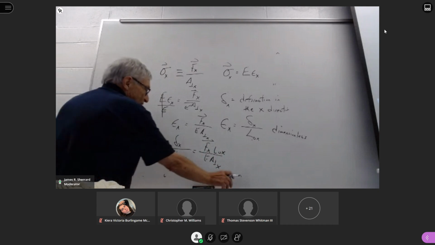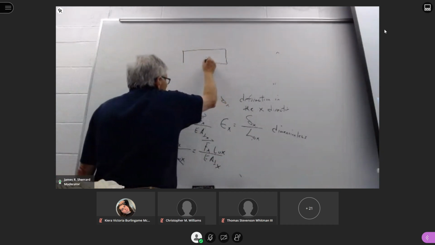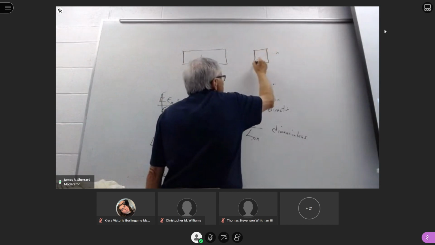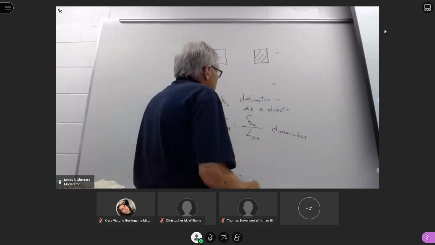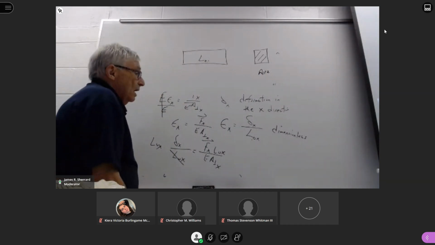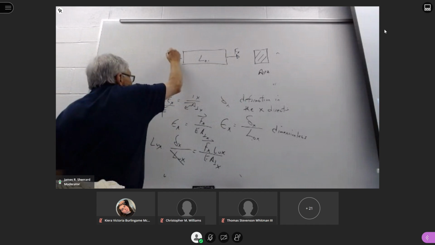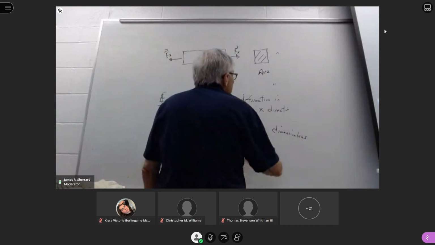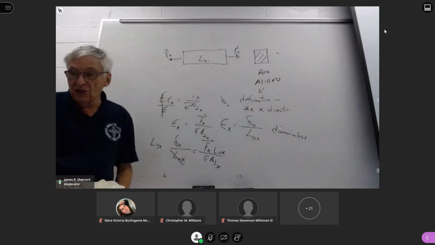I now have an equation that I can use to find deformation. So if I have a member that is L long to start with in the x direction, with a cross-sectional area A, I put some type of axial force on it. Let's say I put a force like this so that it's in equilibrium. And I know what the material is. Let's use aluminum 1100. I know that I can find Young's modulus, modulus of elasticity, from the tables,